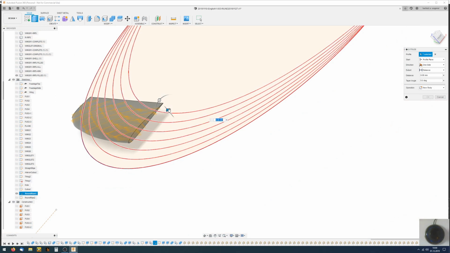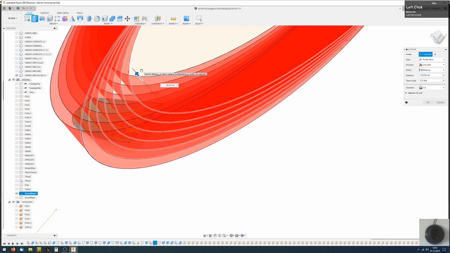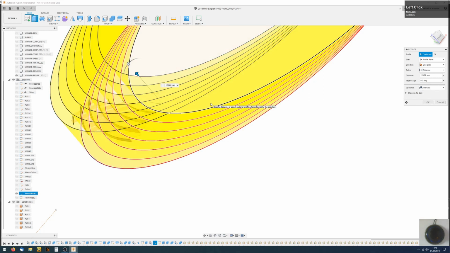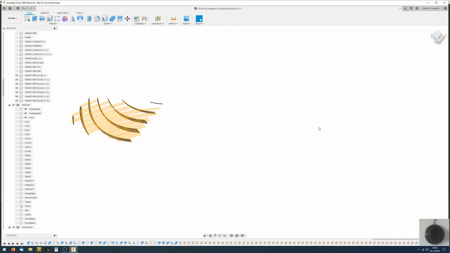Yes, I have. So I put it to the top, and then I choose intersect like the last time I used it. Press OK. Bit of working, and there my newly created whips are. They are separate and not connected.